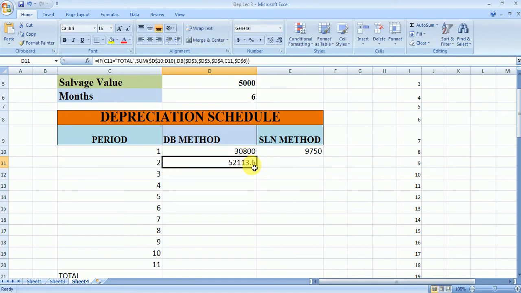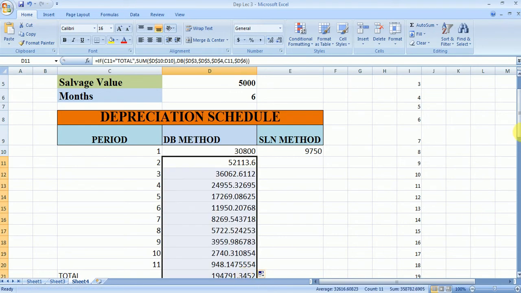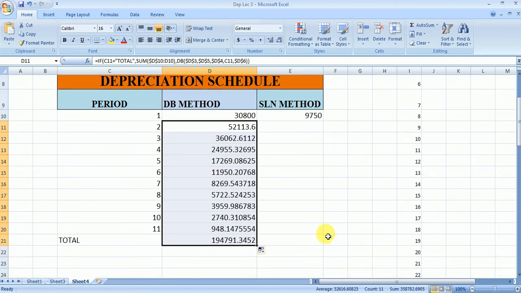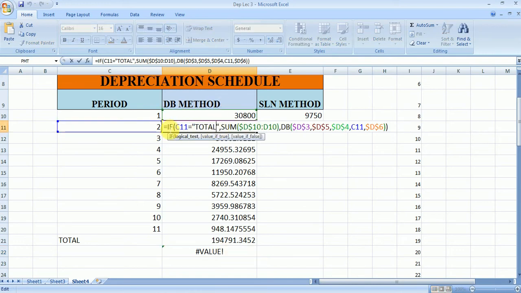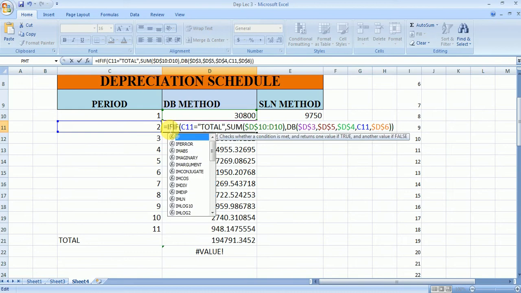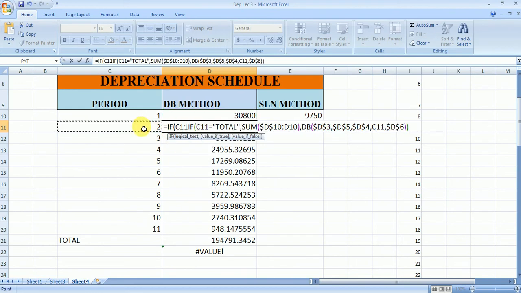If you drag this cell to the other cells, you can see values are coming and the total is calculated here. But one more point: if you drag it here, these extra values are coming, so we have to fix this problem. What we can do is apply garbage cleaning here. It's equals to IF this serial number is blank, then it should be blank, and we'll put one more bracket at the end.